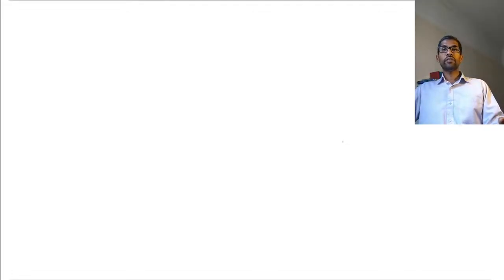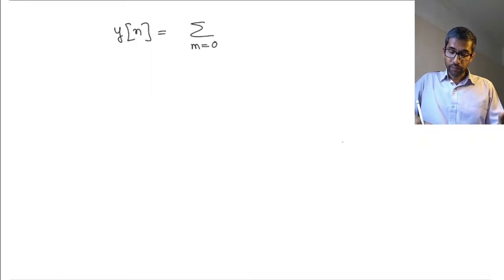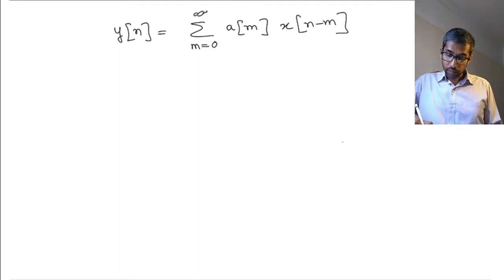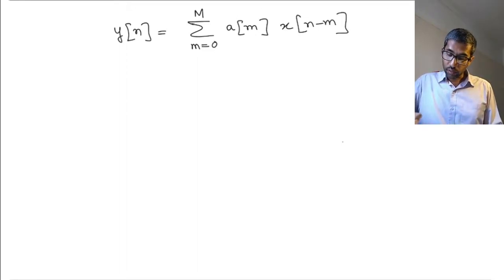Now, in the previous videos, what we have looked at are difference equations which look like this, right? We have analyzed difference equations whose general form looks like the summation over m equal to 0 to infinity of a_m x of n minus m, right? Now, of course, here this value is infinity. If I remove this infinity and make it a little bit more finite, and say that m goes from 0 to M, where M can be any finite number, then these kinds of filters are called